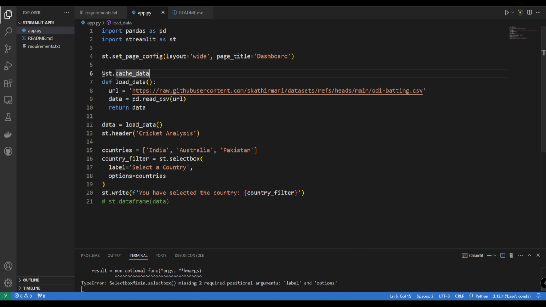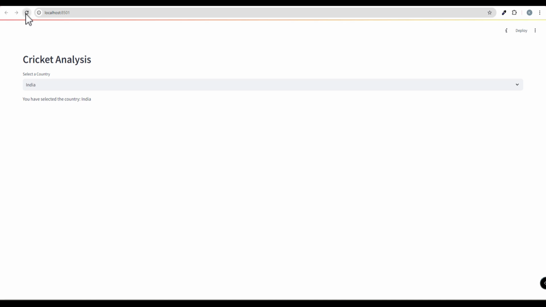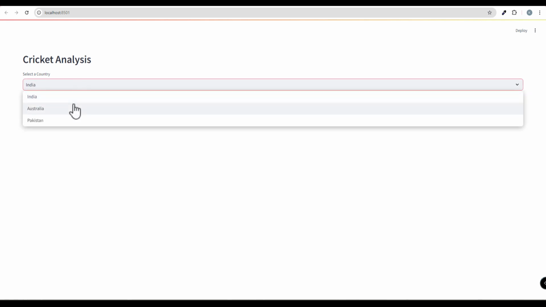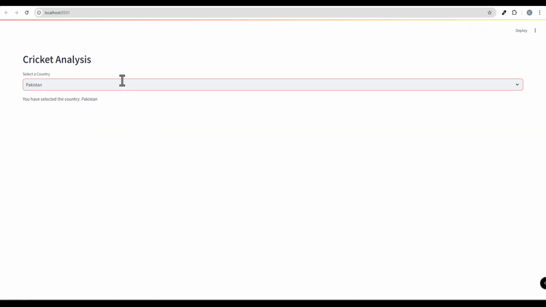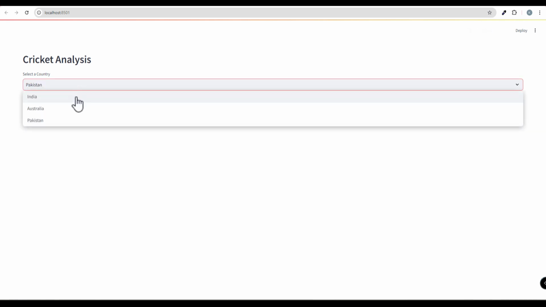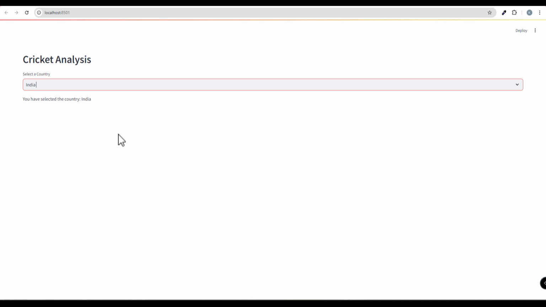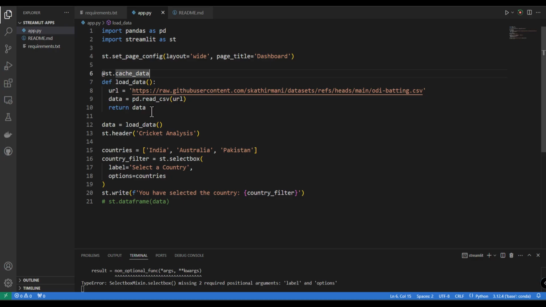So the moment I do this and run my function, the first time it will load the data and it will cache it. So the second time if you refresh it, it will be pretty fast. So you will see it loads very immediately. Now if I change the country, you see it's coming very immediately without any further delay. So what we have done, we just cached the data, so it's not reading every now and then. All we have done is, the reading part of the data is moved to a function, and the function is decorated with the decorator called